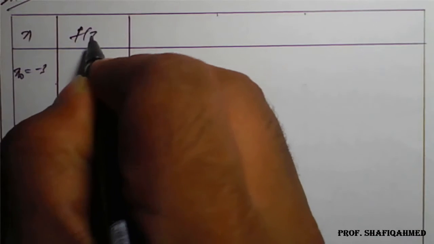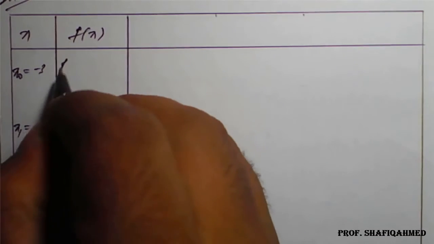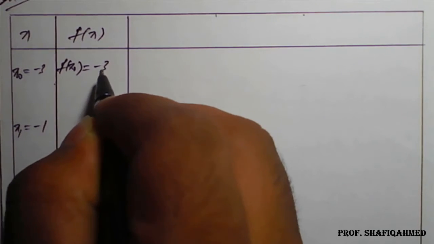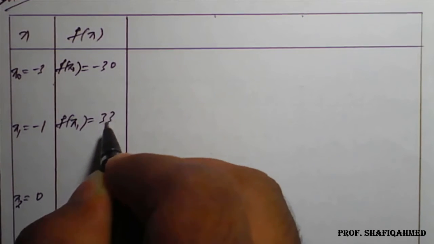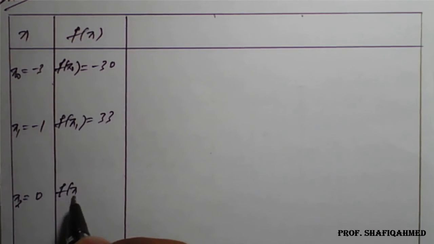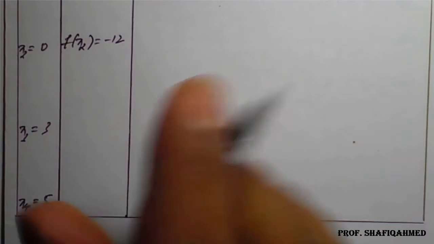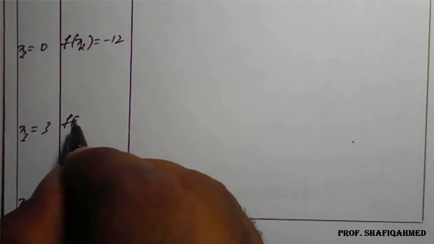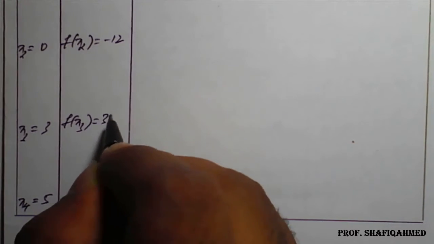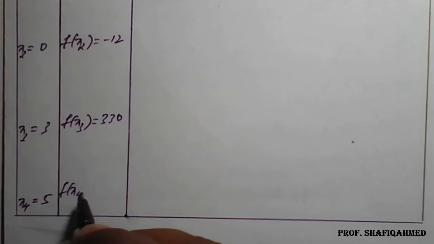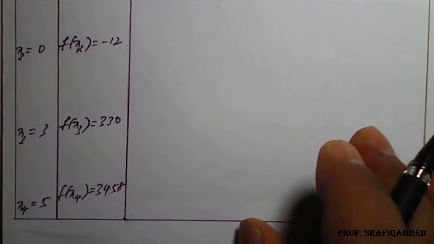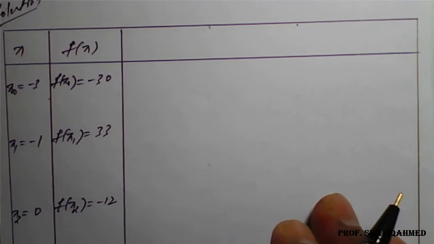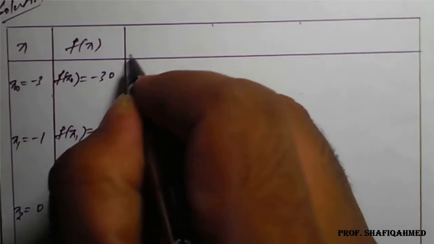Next, f of x column. So f of x0 value from the table is -30. f of x1 is 33. f of x2 is -12. f of x3 is 330. f of x4 is 3458. So once we get this x and f of x, we need to go for the first difference,